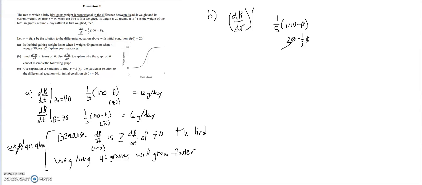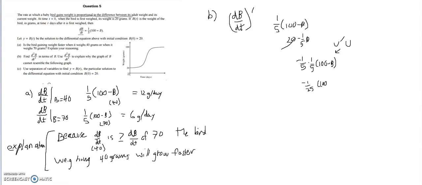since this is a constant, you would remove it, it would become 0, and then this is a variable, it would become negative 1/5. So that would be your kind of u prime. And then taking just the derivative of dB dt, this is just the dB dt portion of the problem. So 1/5 times (100 minus B). So this would be like the u, and then the u prime on the outside when you're taking the derivative right here. So then now, after getting that, you have the negative 1/25